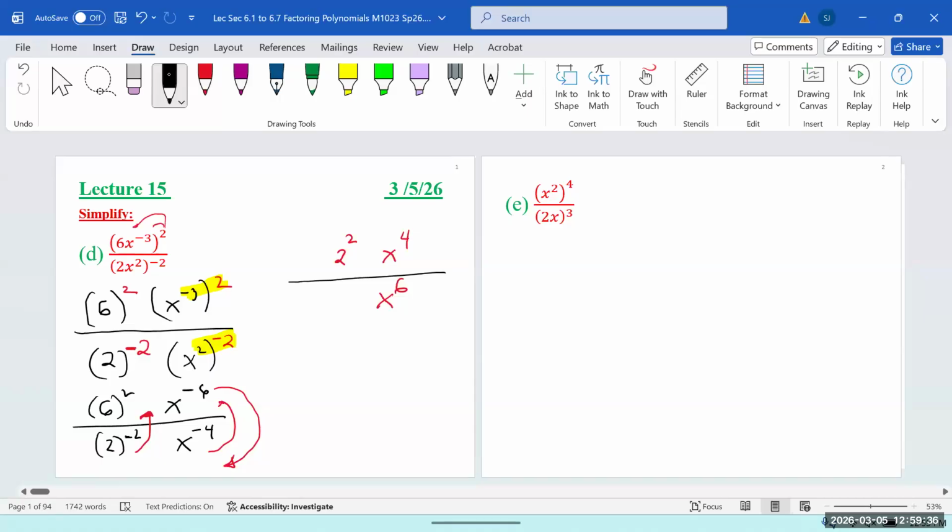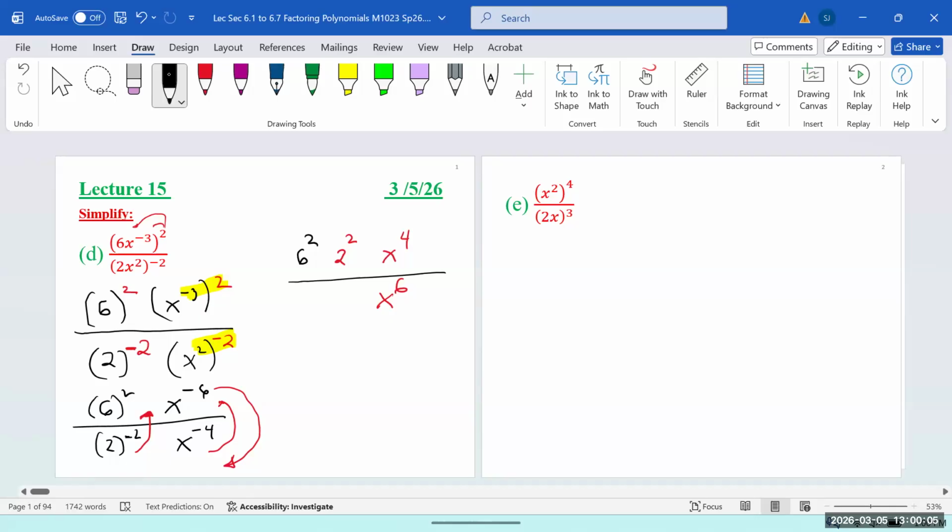6 on the numerator, positive. So do you have any problem? You're going to keep your 6 with the positive power. You only solve what has a problem. 6 doesn't have a problem, so it doesn't need any solution. We don't have to solve anything for 6 squared. Besides the 6 squared, everything else has a problem, so switch them around.